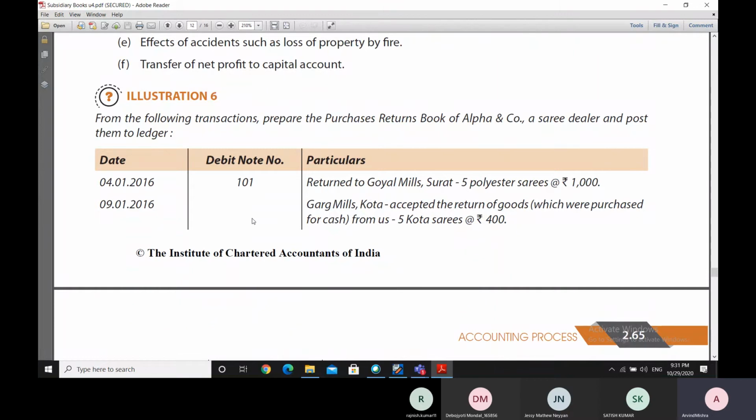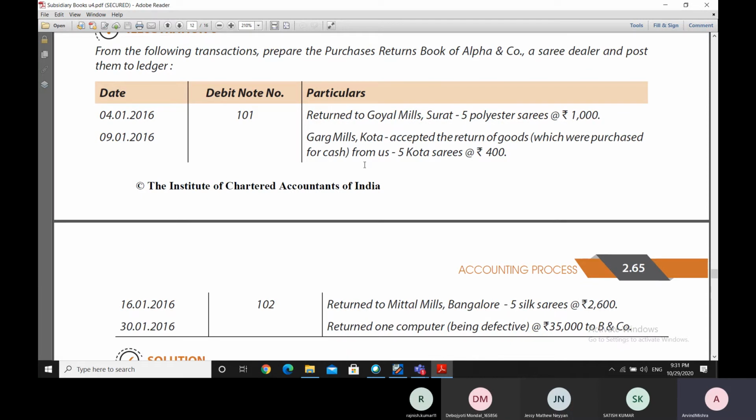Now let us take an example. We are being given some details, and on the basis of these details we have to prepare the purchase returns book of Alpha and Company, a sari dealer. First we have to prepare the purchase return book, and then we have to post the entries into the ledger. So first of all, on 4th of 2016, a debit note has been issued because goods have been returned to Goel Mills. Goel Mills was a supplier to whom the goods have been returned,